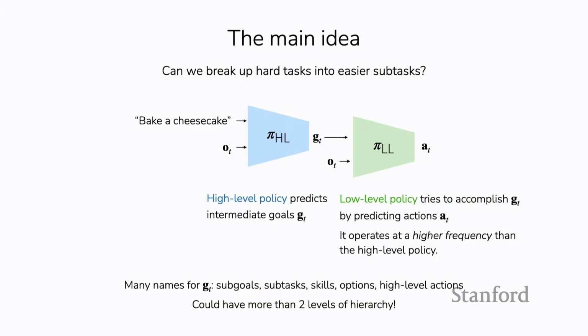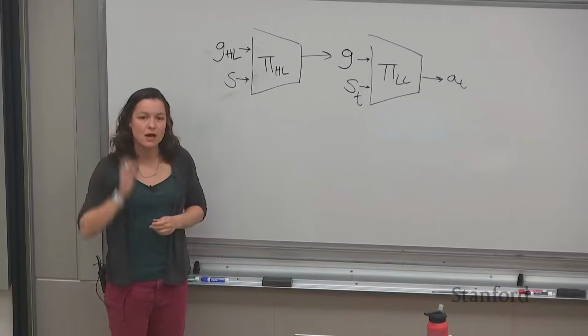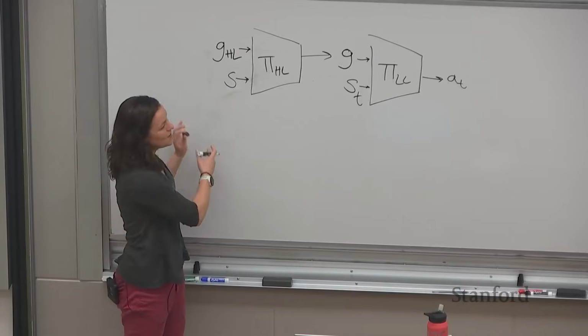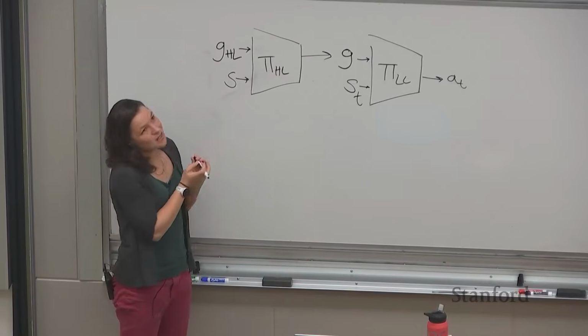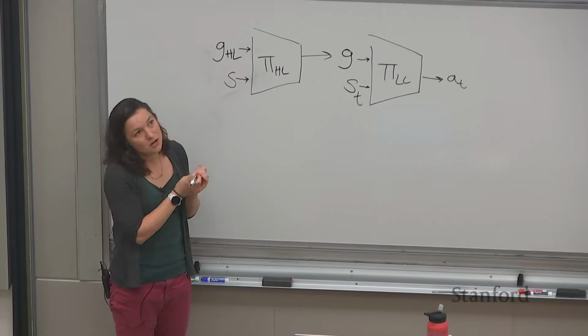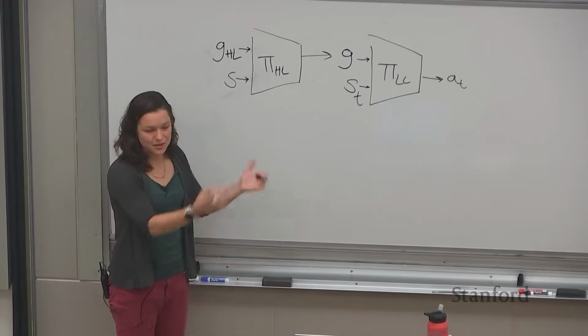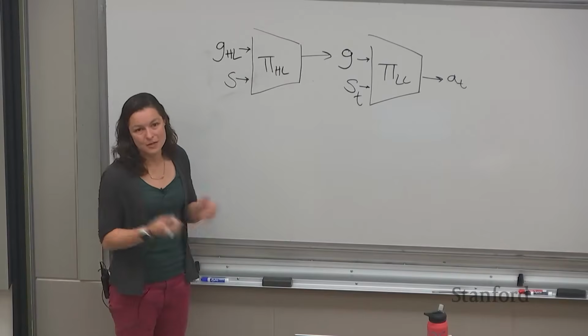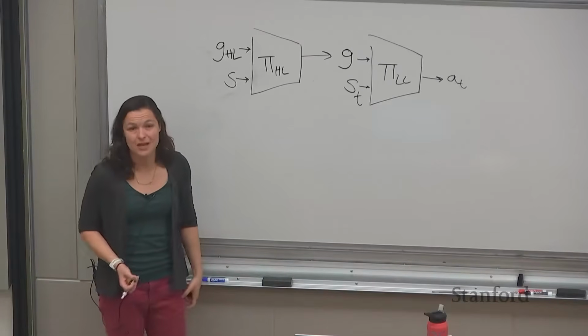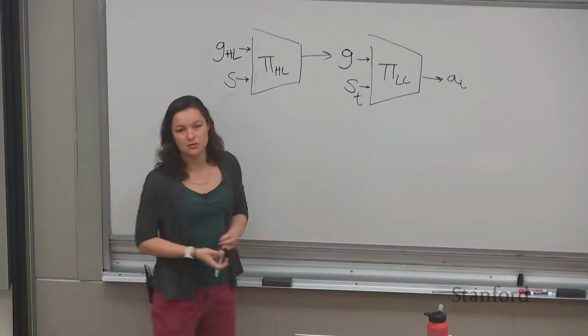And then the other thing here is that this is kind of a two-level hierarchy, but you could also imagine having more than two levels of hierarchy as well. For example, for baking a cheesecake, one level of hierarchy could be things like go to the store, buy the things, bring them back. And a different level of hierarchy might actually be controlling the motors on a robot